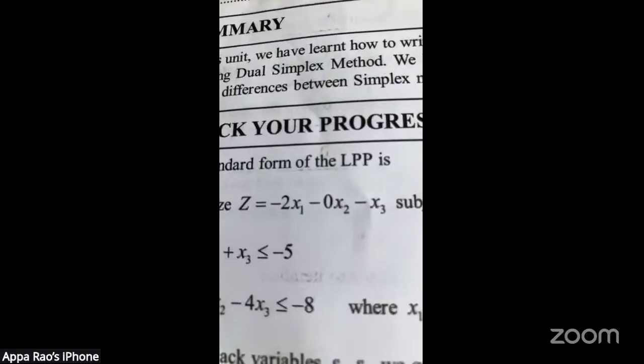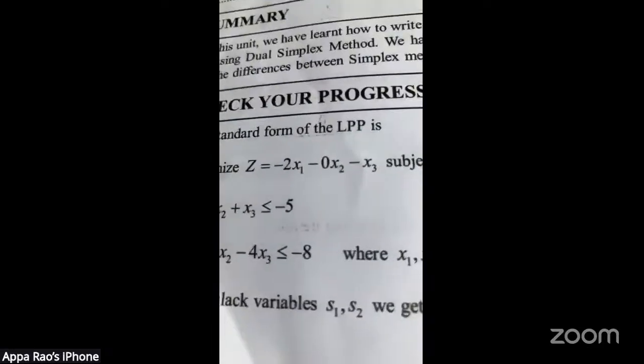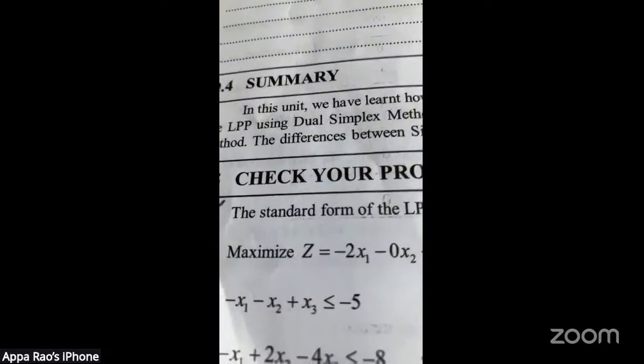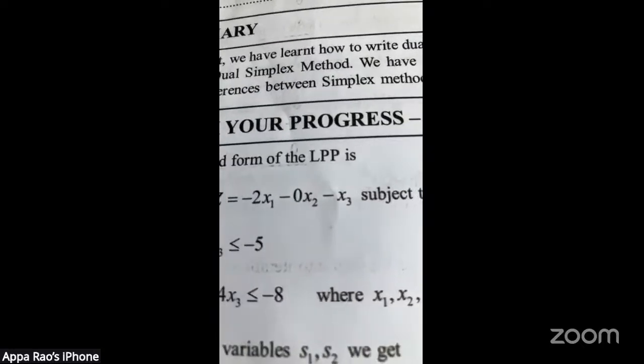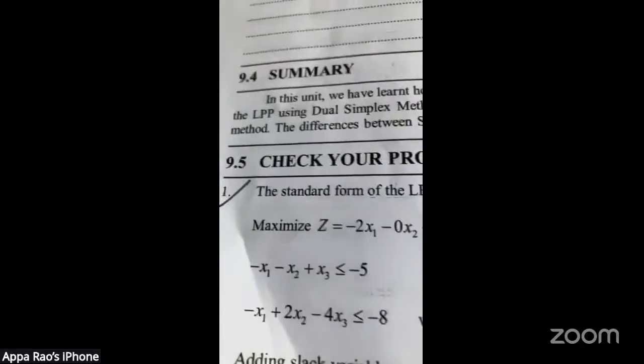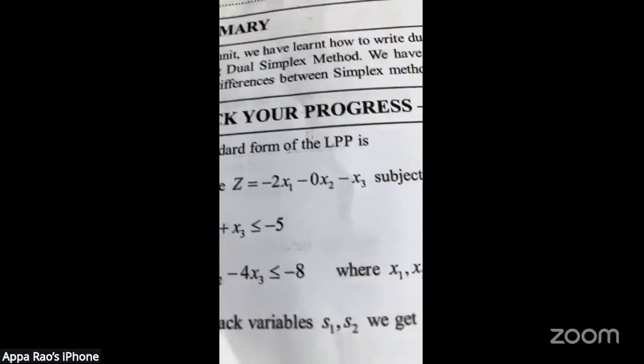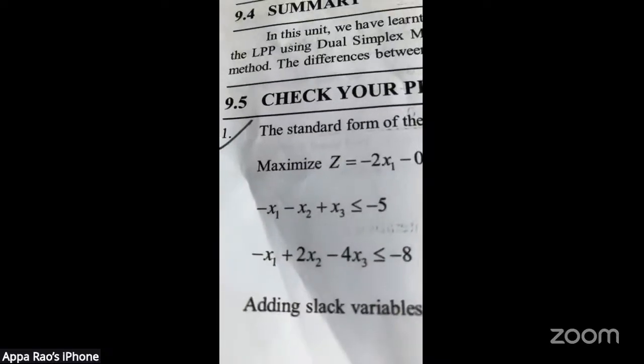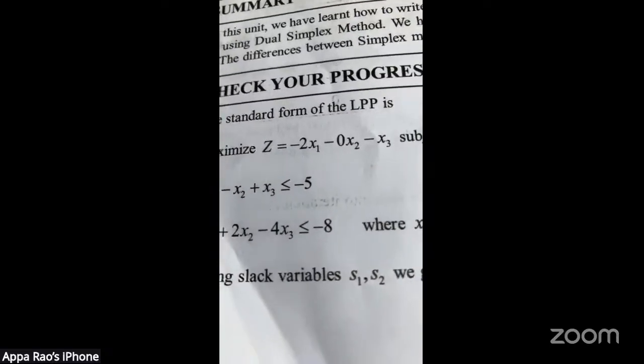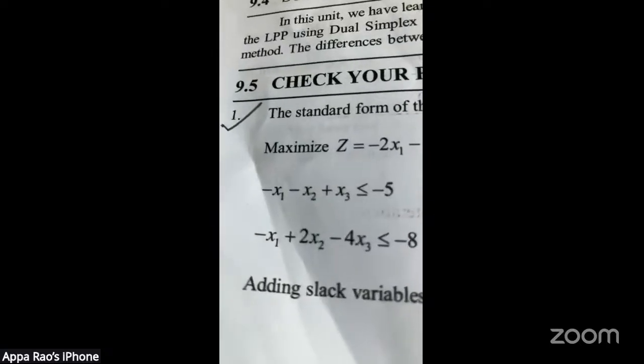So first one, the standard form of LPP, linear programming problem, is maximize z equal to minus 2x1 minus 0x2 minus x3 subject to minus x1 minus x2 plus x3 less than or equal to 5, minus x1 plus 2x2 minus 4x3 less than or equal to minus 8, where x1, x2, x3 greater than or equal to 0. Adding slack variables s1, s2,